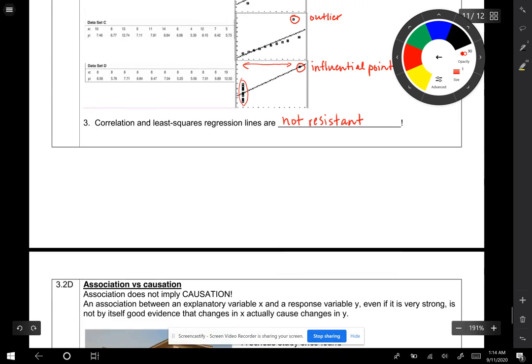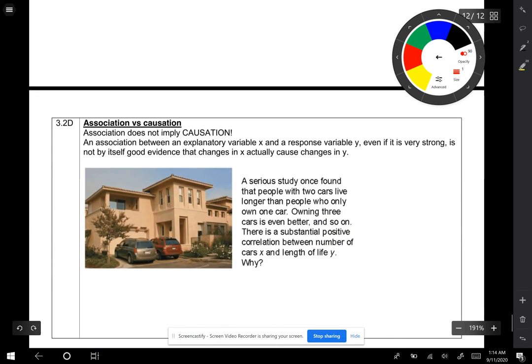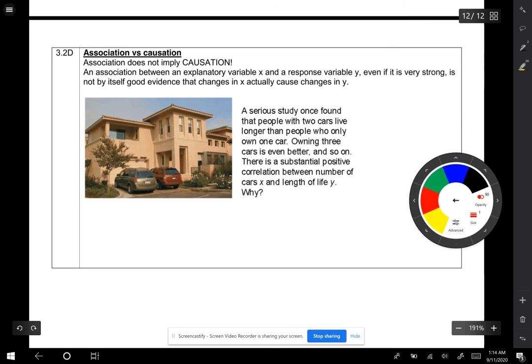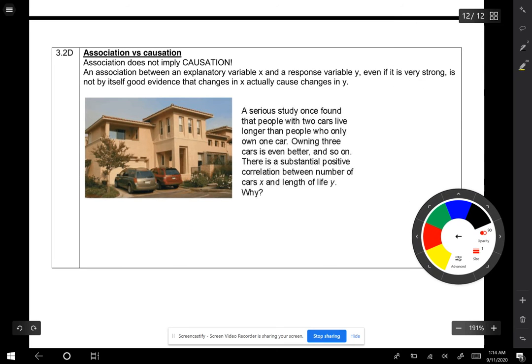Okay, now we're at the very last thing. And I mentioned this before in the chapter, that correlation does not imply causation. So, association does not imply causation. An association between an explanatory variable x and a response variable y, even if it is very strong, is not by itself good evidence that changes in x actually cause changes in y. Because, and you're going to learn this in the next chapter,